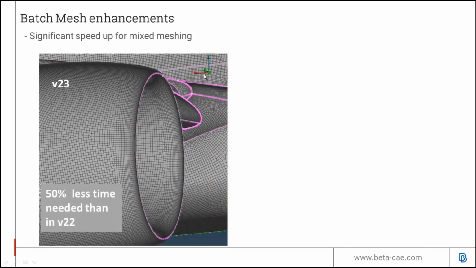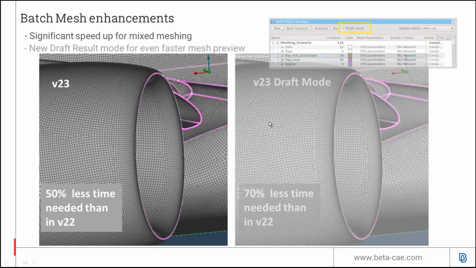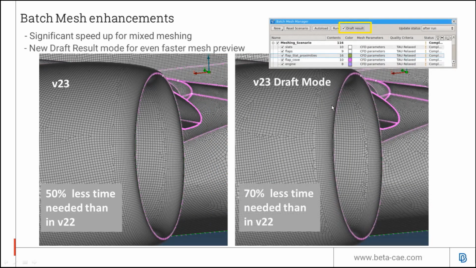We have made enhancements in the speed of batch meshing for mixed type mesh, so now it's twice as fast as before. And we have added a new option called draft result, and this allows a quicker preview of the resulting mesh for the user so that they know that their settings are suitable. Of course, it excludes some additional improvement steps.